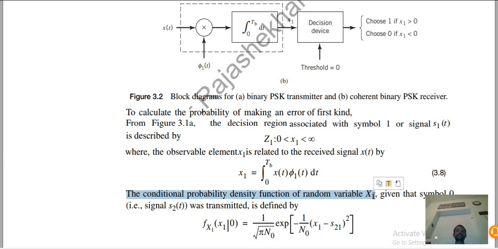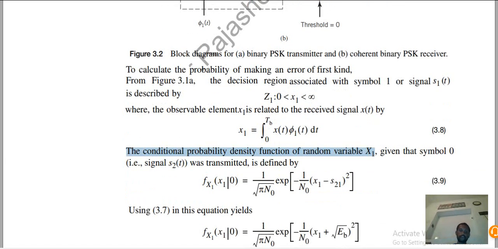Understood? Yes, that is what the probability density function affects here. So this is x1, where the transmitted symbol is 0. Sorry, the occurred is 1 and the transmitted is 0, which is equal to 1 by square root of